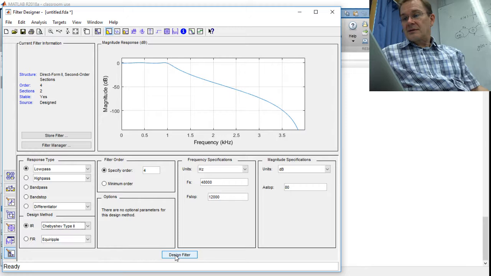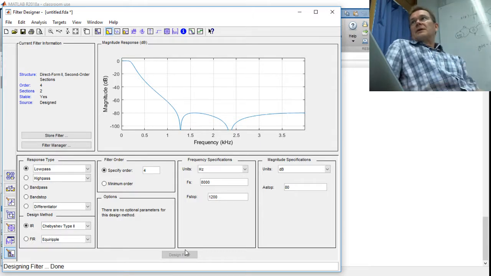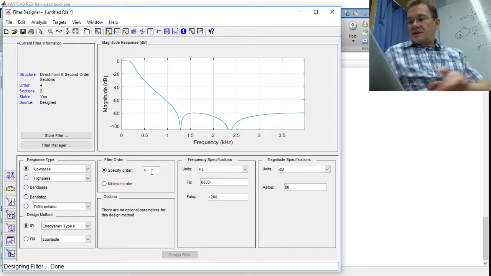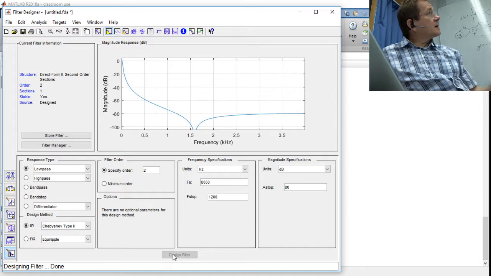I don't understand why they always change those to some default values. Okay, different kinds of designs. Let me do a second order, for example, for that one. See, this would be quite close to what you are doing on the